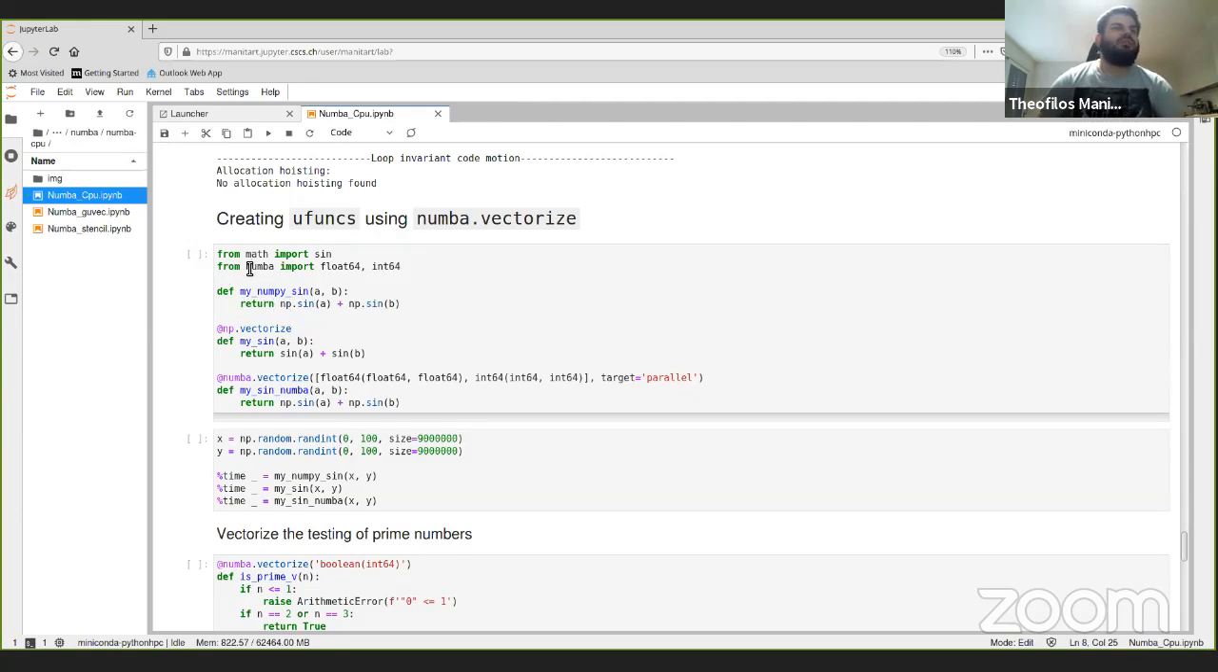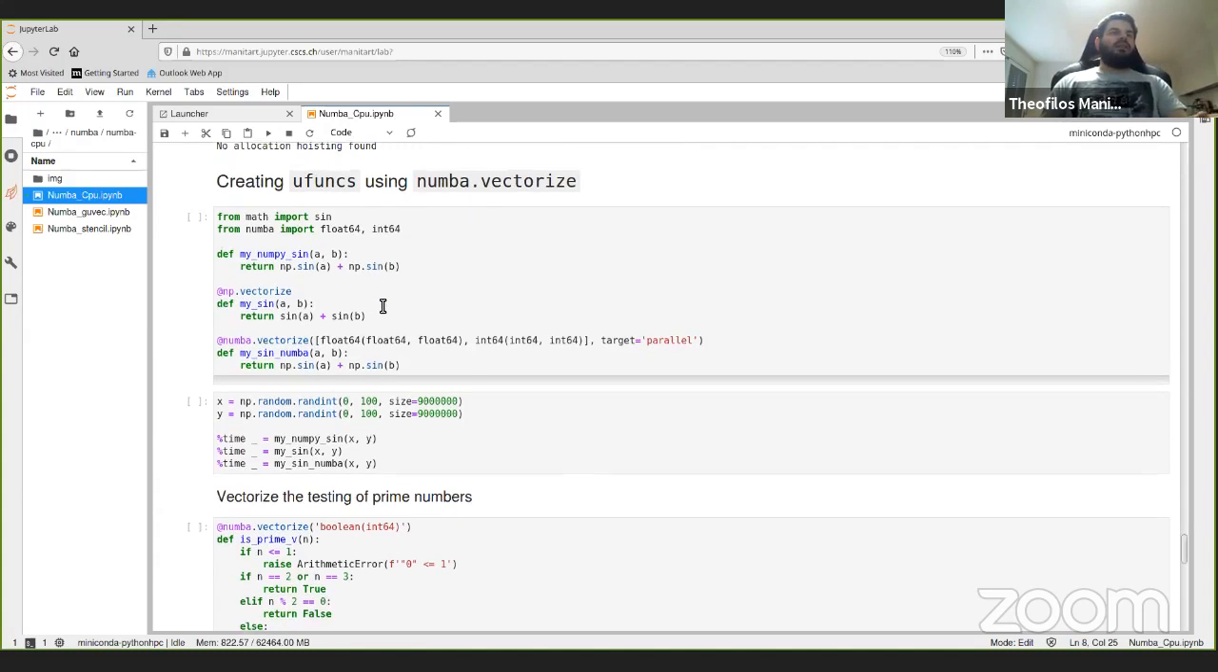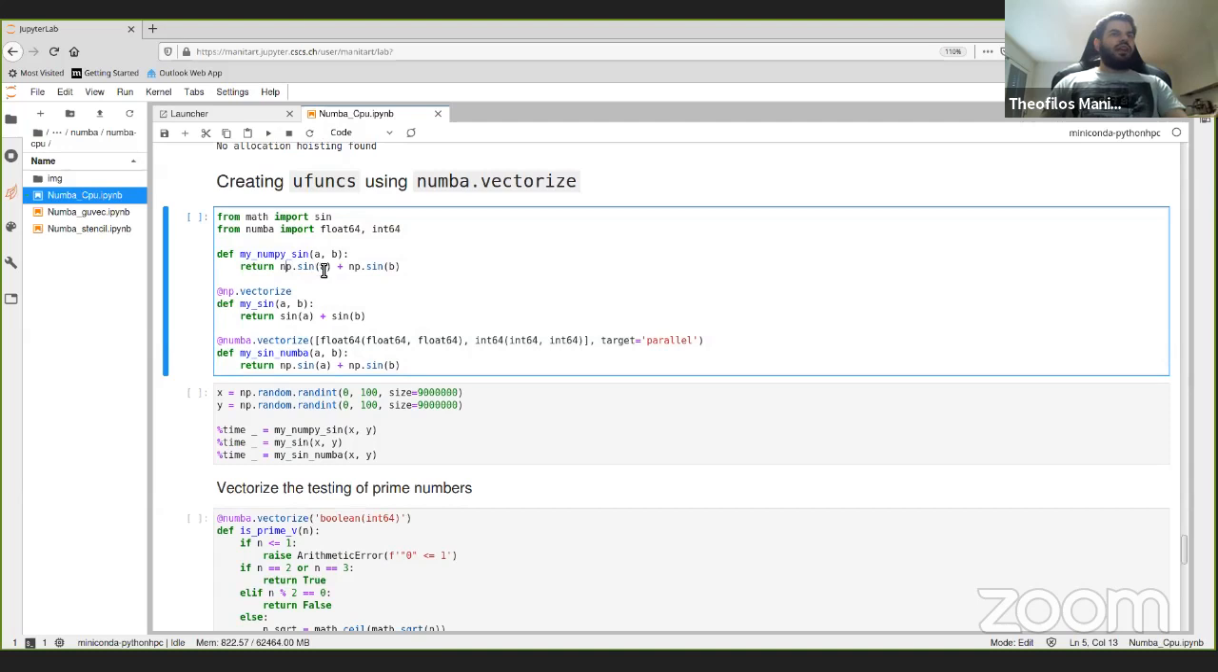We have here what NumPy calls a ufunc. A ufunc for NumPy is a function that we can call with a single array as an argument, and it is going to execute this function on every element of the array. So if we wanted to calculate, for example, here